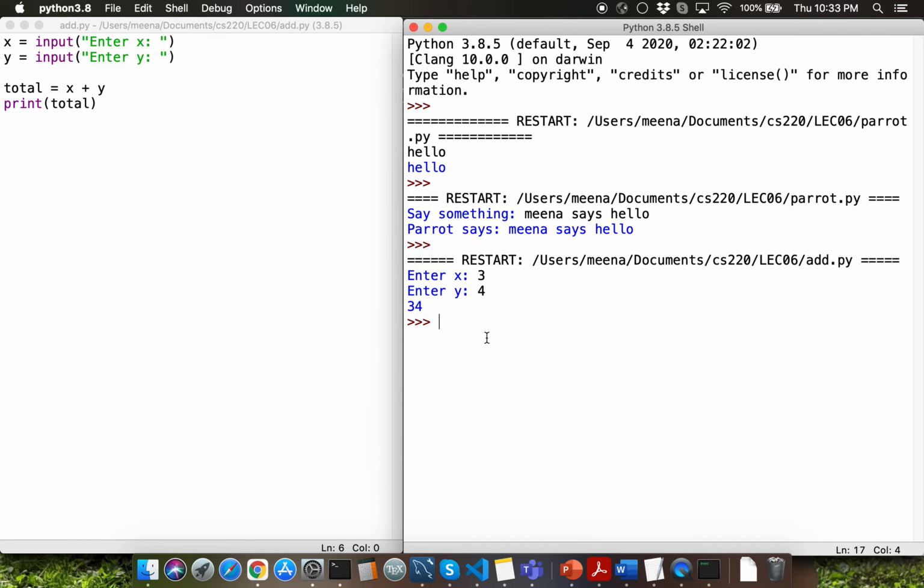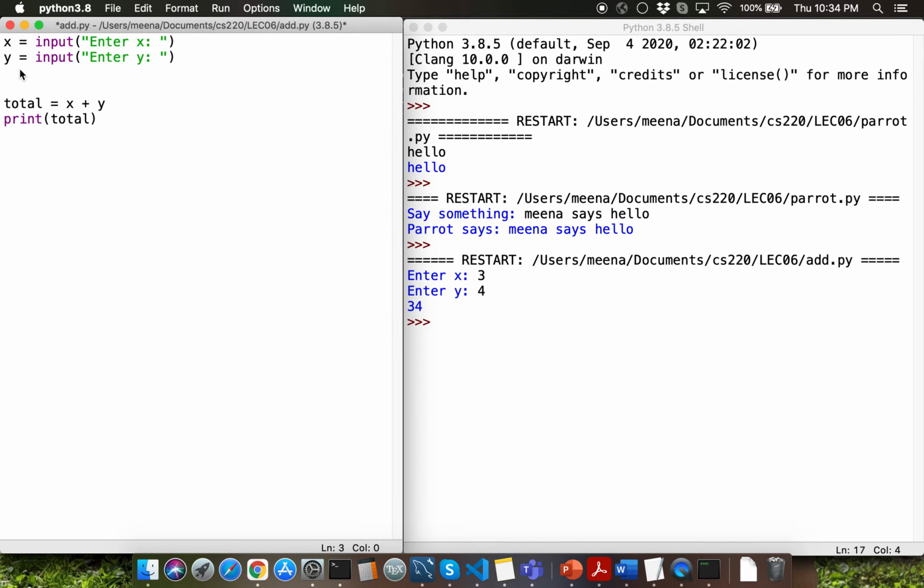One might be able to guess that the program is getting 3 as string type, and that's why when we use x plus y, it's concatenating string 3 with string 4, thereby producing string 34. How can we confirm this theory? We can use the type function call. I'm going to recommend all of you to extensively use the print function call to debug any of your project code problems.